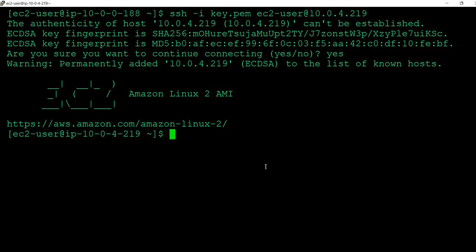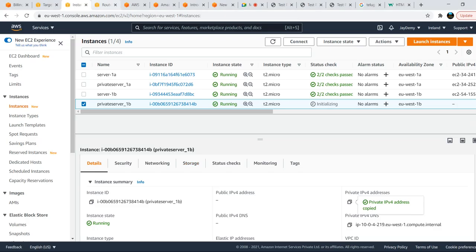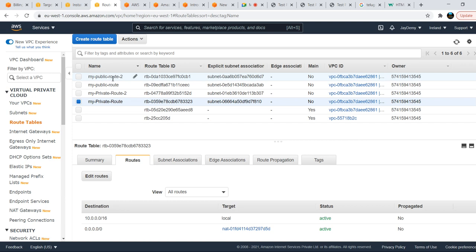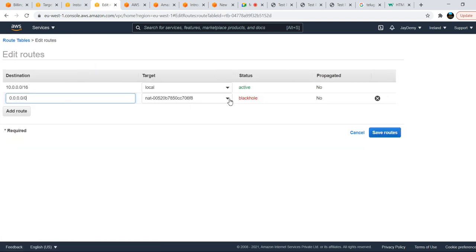Again here also we don't have any internet, I think, because we need to route the NAT gateway here also. Try google.com. Yes, it is not there. Go to your routing, the private route, routing table 2, and click edit routes. I didn't remove this routing earlier, and that is the reason it is showing as a black hole. Black hole is nothing but, in Telugu, we call it a black hole.